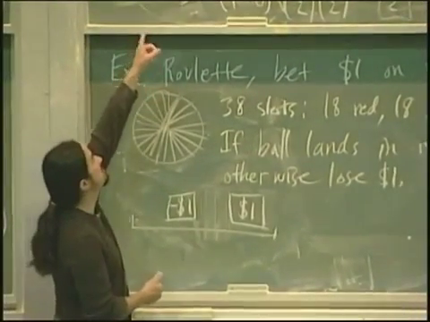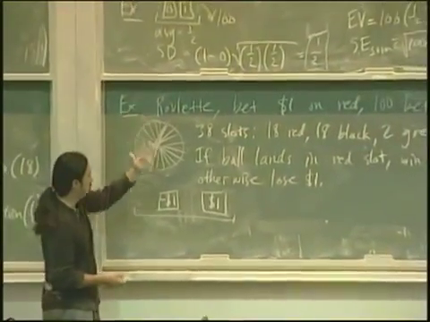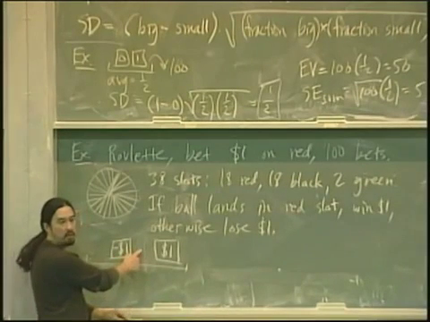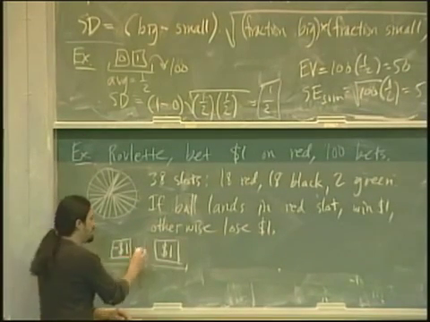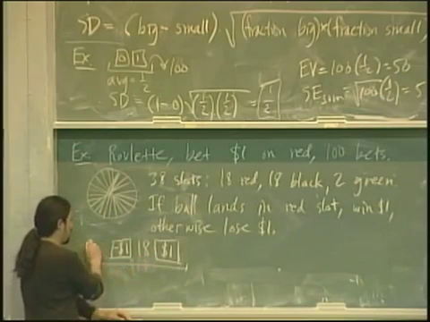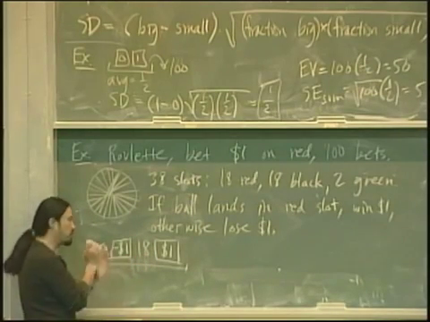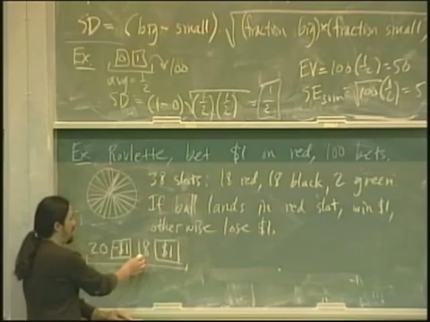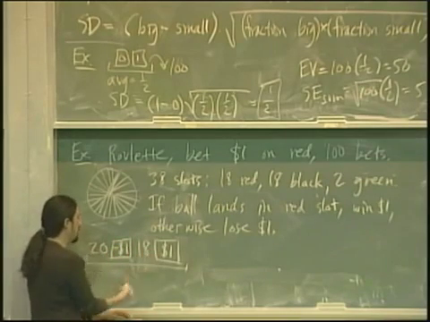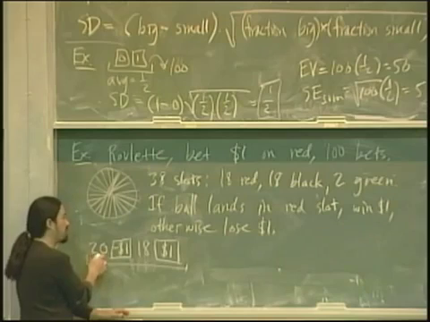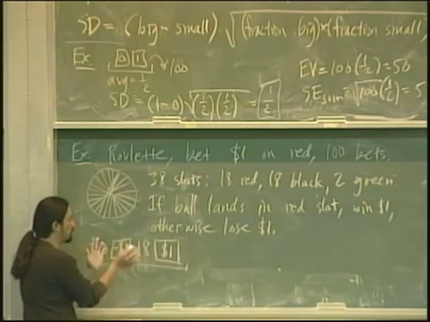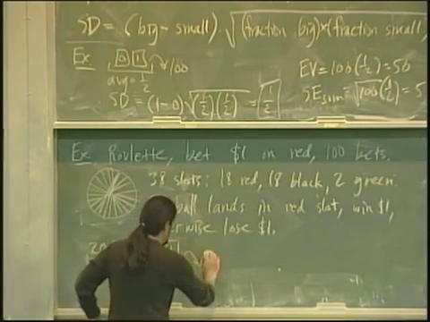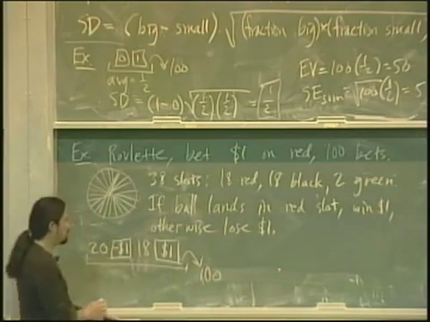In the coin tosses, heads and tails were equally likely. In this case, you can think of what's the chance I win, or what number should I put here? 18. There are 18 ways for me to win $1, and there are 20 ways for me to lose $1. There are a total of 38, since 20 plus 18 is 38. I have an 18 out of 38 chance of winning $1, and a 20 out of 38 chance that I lose $1. So the chances come out right. Then the number of draws is 100. Any questions about that?